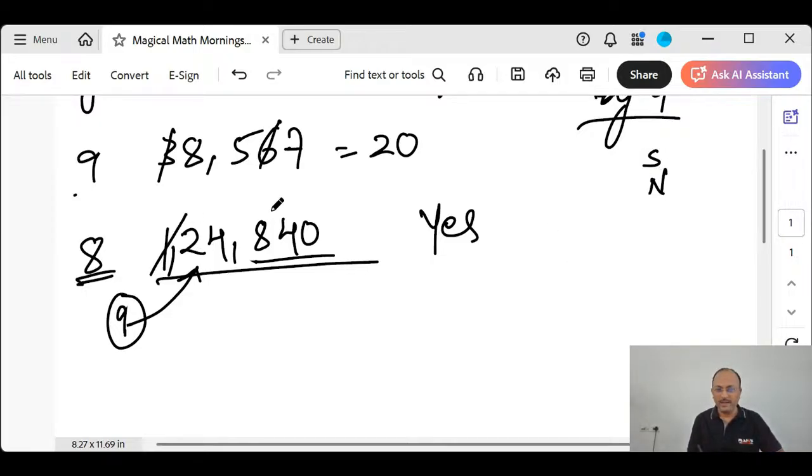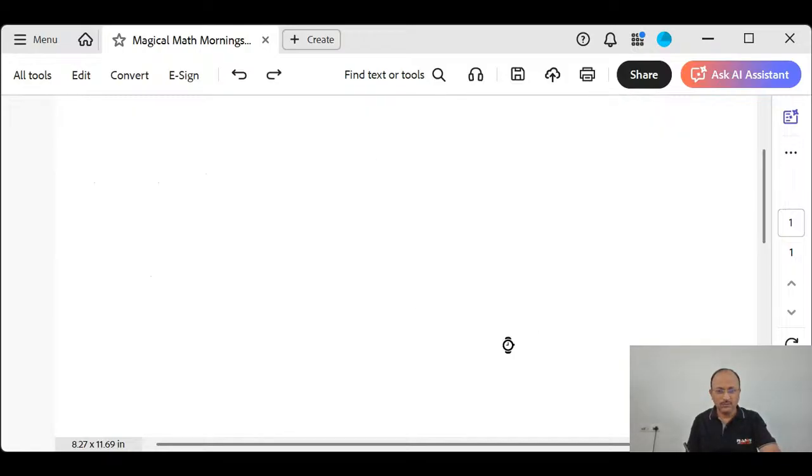No. I will eliminate one pair of 9. The remaining will add up to 10. 10 is not divisible by 9. Therefore, we'll say no. Correct? Let's take one more bigger number, 24 crore 86 lakh